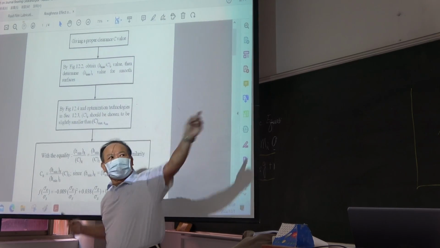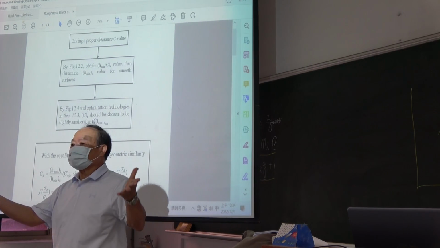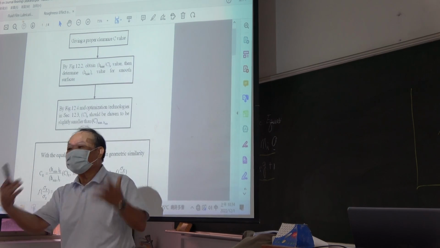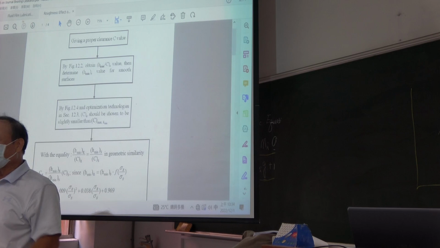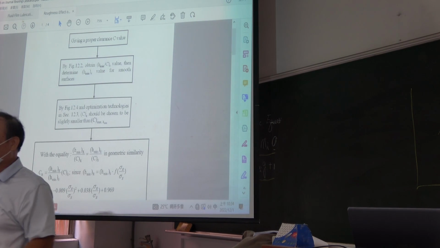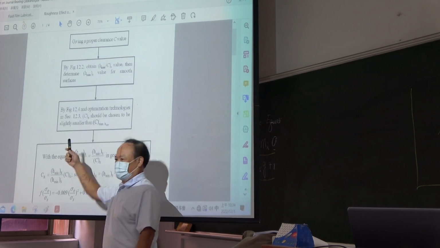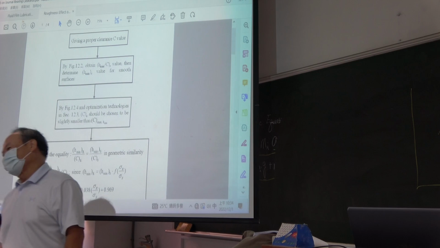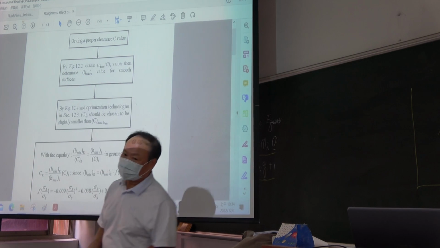First, we need to determine this one. C from the chart, we can determine the C value. But it assumes your surface is smooth. But in practice, you cannot prepare your surface to be so smooth without any roughness. Impossible, right? So you have to choose this one. If this value is obtained, congratulations, everything you can do. So keep in mind,